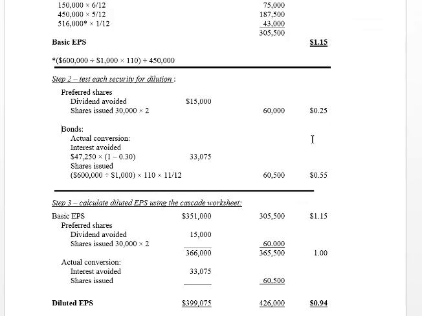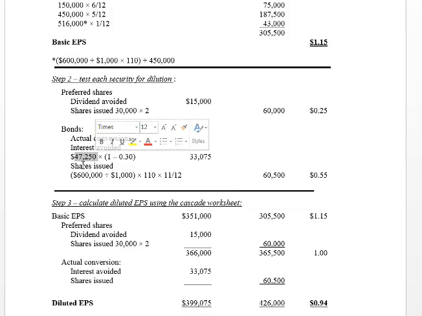And with the bond, what we have is an interest expense, which they gave us in the question. You'll notice in the question when they discuss the statement of comprehensive income, they say that net earnings after $47,250 of interest expense to December 1st on the convertible bonds. So they actually calculated for you the interest expense up to the date of conversion for the year. So you didn't have to calculate it. That's